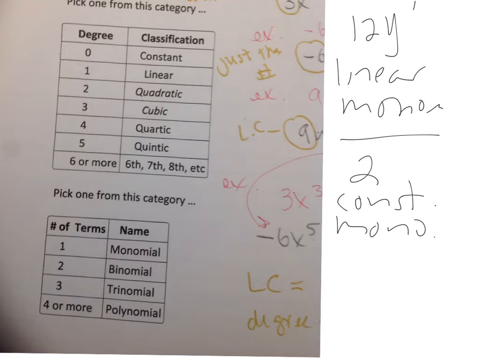Negative 3x squared plus 12x to the fourth plus 6x minus 7. Putting this in standard form, we would have 12x to the fourth minus 3x squared plus 6x minus 7. 4 is the degree. It's a quartic. Funny word. Quartic. 1, 2, 3, 4. 4 terms. 4 more terms. It's just a quartic